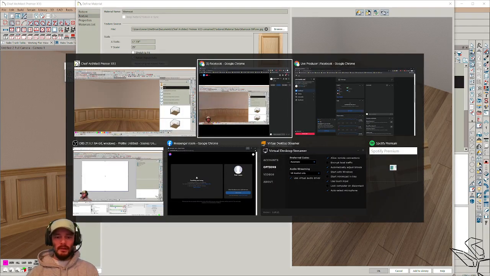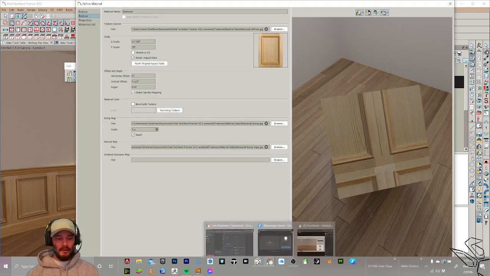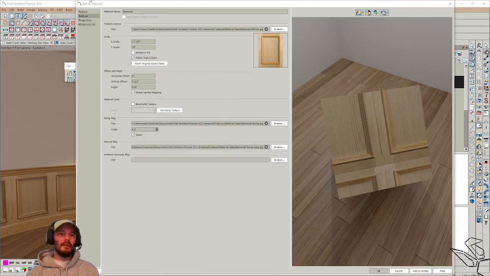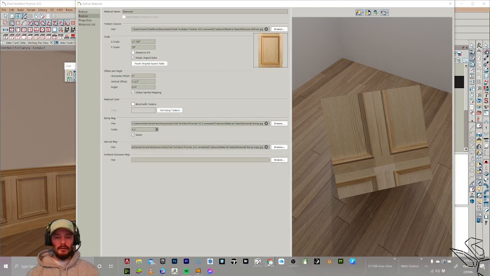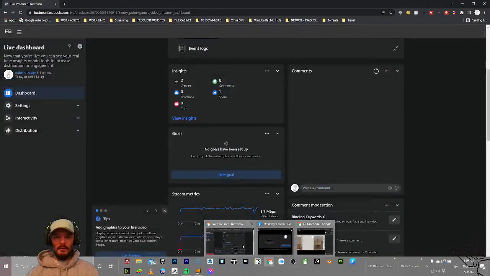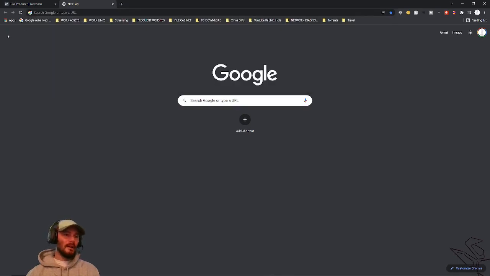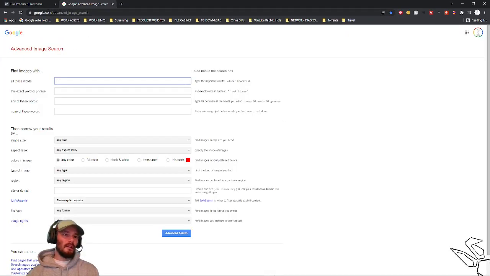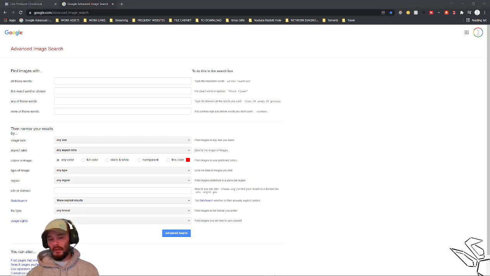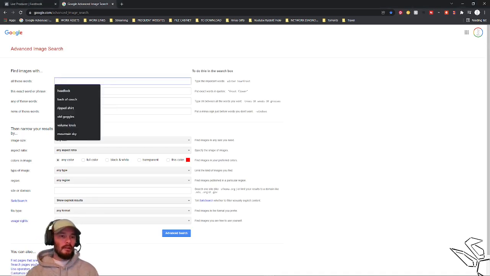I'm going to pull up another Chrome window here so we can go onto my main screen. Okay, so I have this tab saved, by the way, and you can go ahead and copy paste this. I'm going to drop this into our comments here. Comment in the feed. Okay, there's our advanced image search. You can copy that comment, throw it onto your bookmarks, and the point of this is that I can search